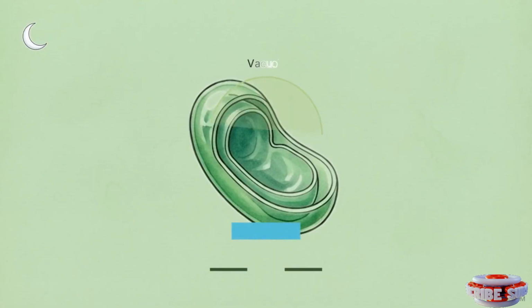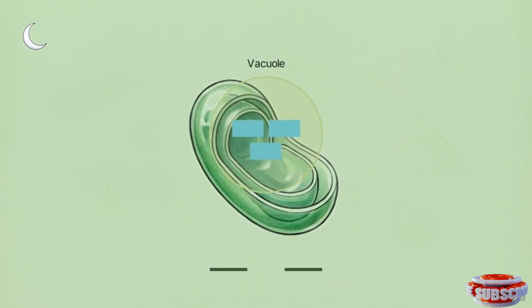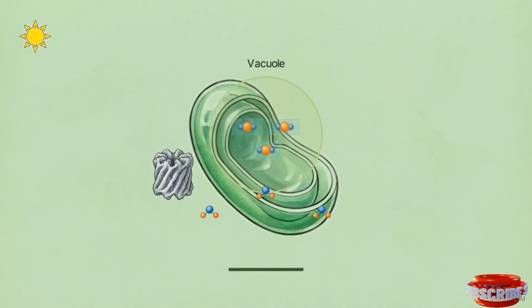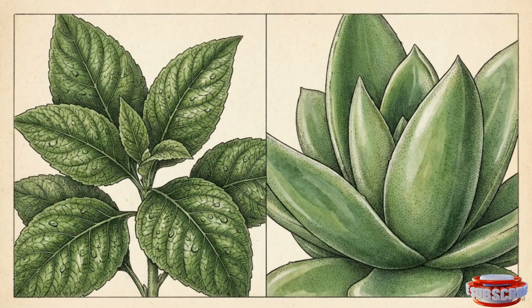CAM plants utilize a temporal solution. They open their stomata at night to store carbon as malate, then close them during the day to process that carbon, while preventing water loss in arid environments. These C4 and CAM pathways demonstrate how the photosynthetic apparatus can be reorganized at the genomic and structural levels to